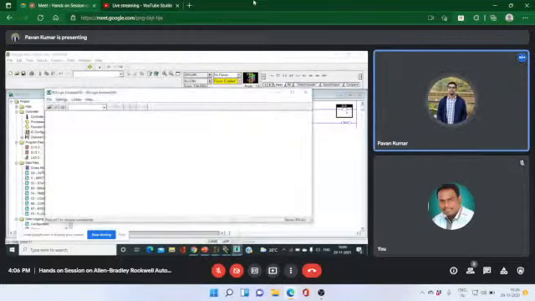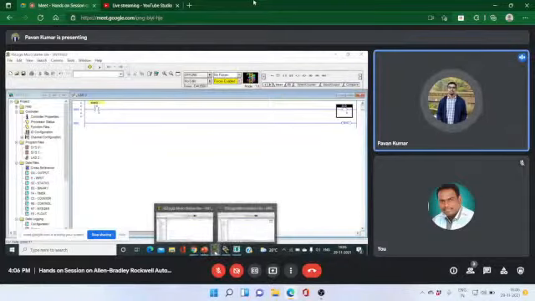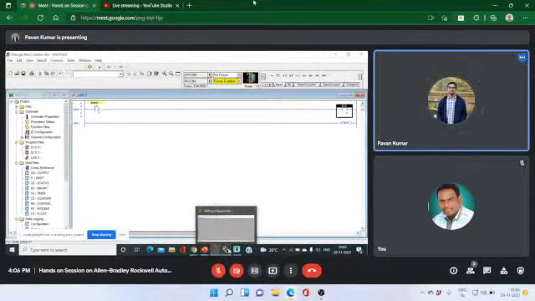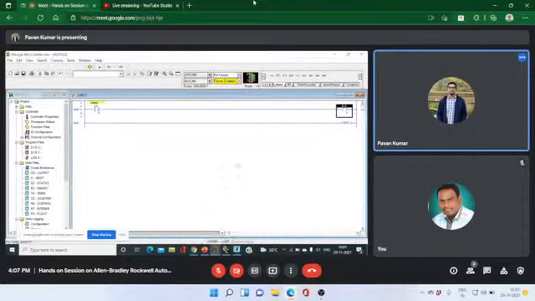Click on OK. Minimize it. Here we can observe three softwares: RSLogix Micro Starter Lite, RS Linx Classic Lite, and RSLogix Emulate 500. To run this program, we require these three.